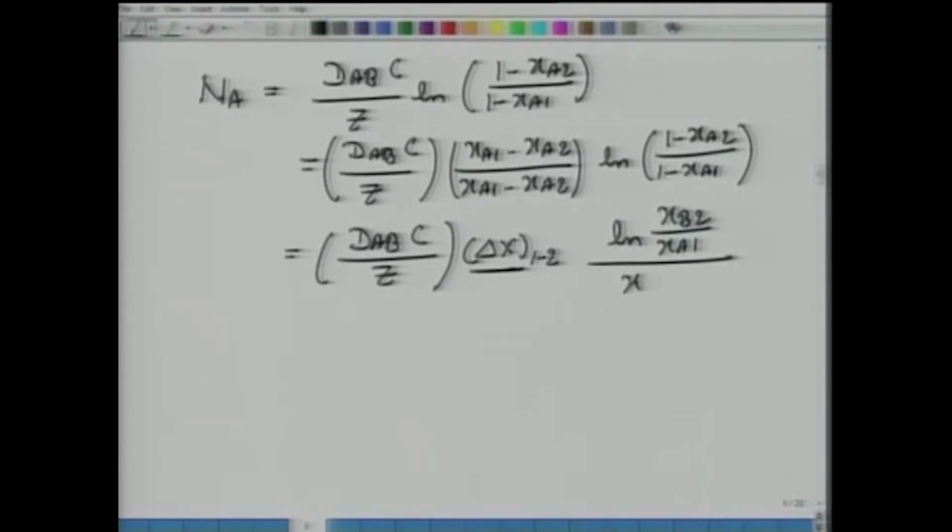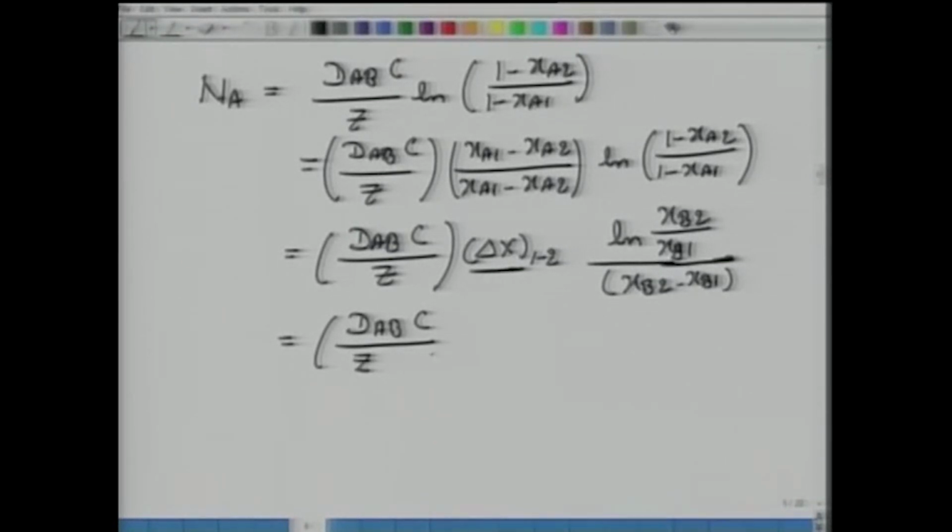Sorry, this should be XB1. And then XA1 minus XA2 can also be written as XB2 minus XB1. Just subtract 1 minus this,